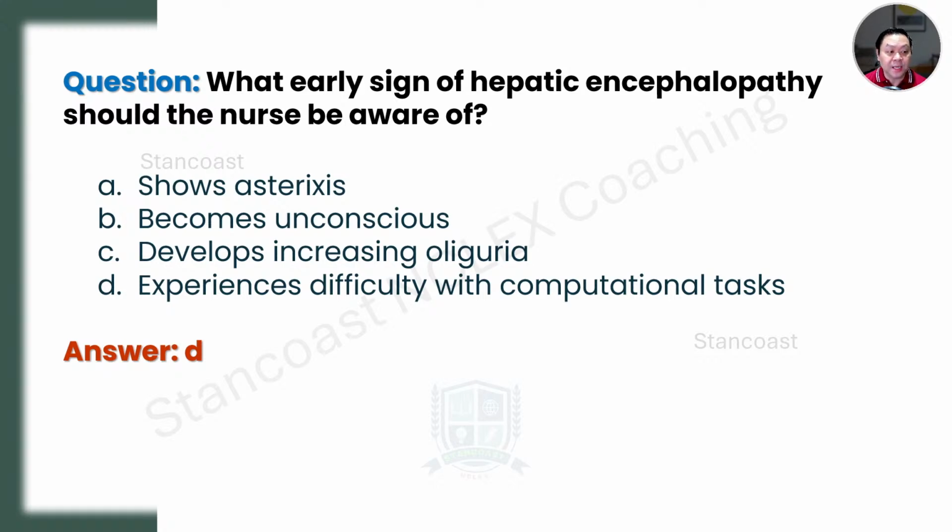There could be personality changes. There will be shorter term memory. There's going to be confusion that is mild. There's also depression and lack of coordination. If you answered letter A, shows asterixis, this is considered grade 2. Okay. If you answered letter B, becomes unconscious, this is grade